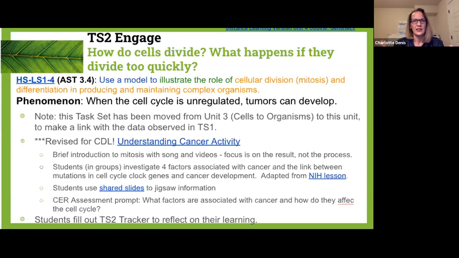As a result, the learning target around cell division and cancer was removed from unit 3. There was a variety of reasons for that decision, but it made sense to us that since cancer is part of the initial question asking task set, we describe here in this unit what cancer is and how it happens. So the actual task around cancer is not changed from what it had been in previous versions of unit 3. It's just been placed now in unit 4 to follow up